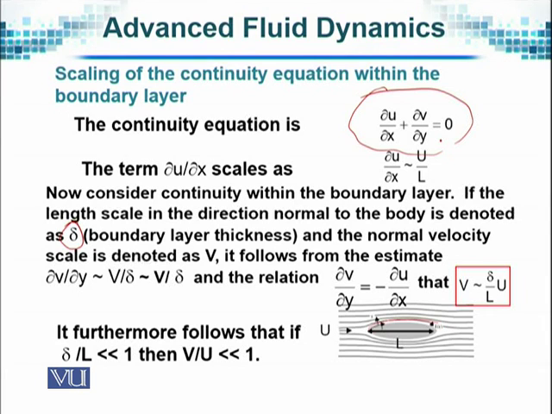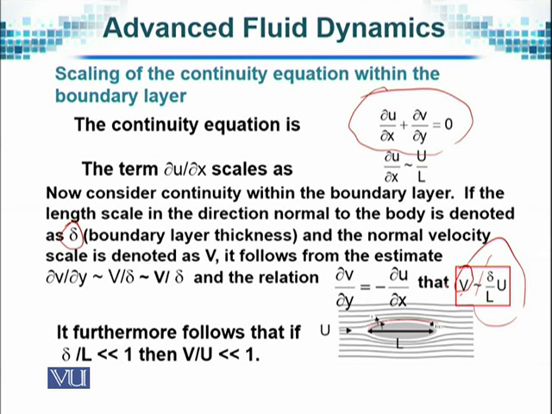In the y direction, the typical length scale is delta, corresponding to the thickness of the boundary layer, and v is of course the velocity component in the y direction. So du by dx is of the order of U over L, and from this we derive that V is of the order of delta over L